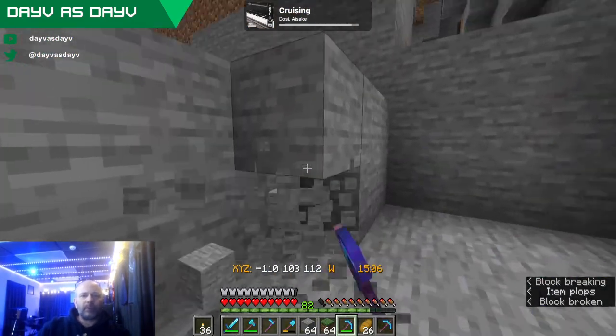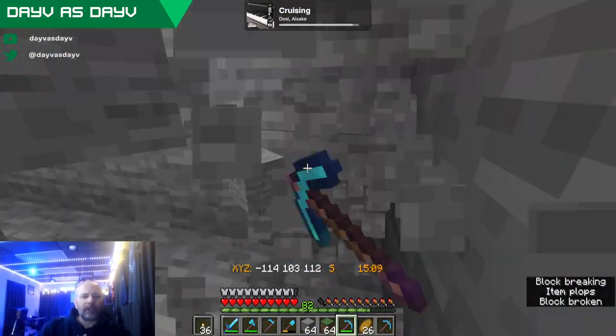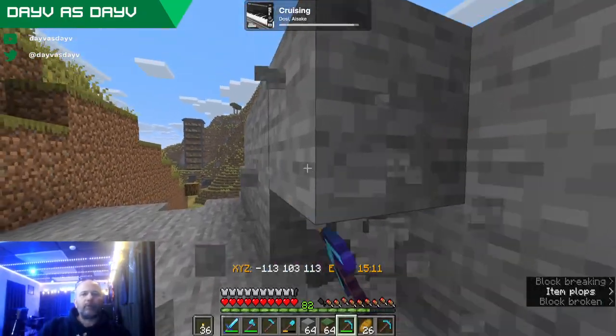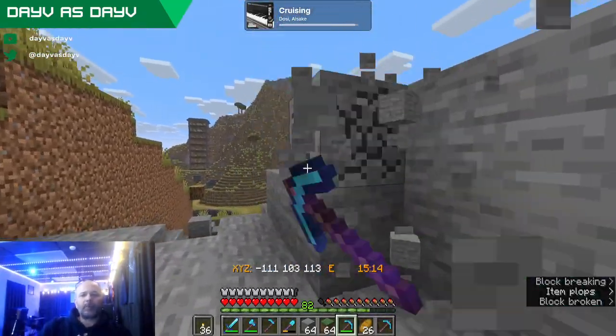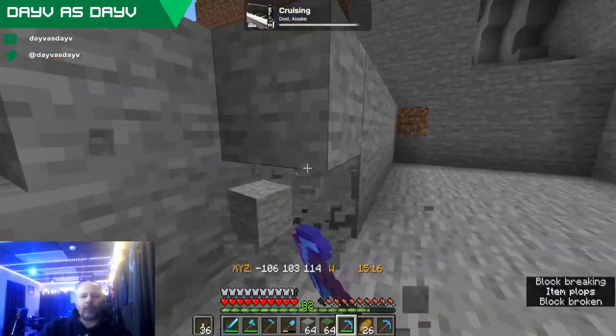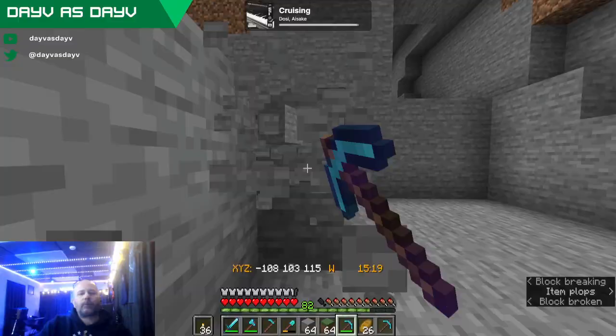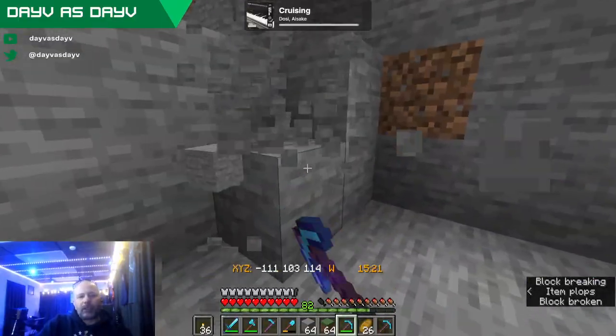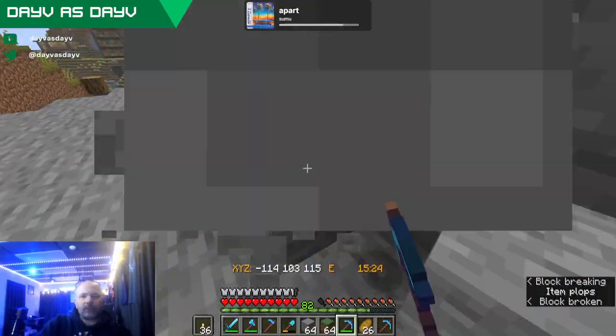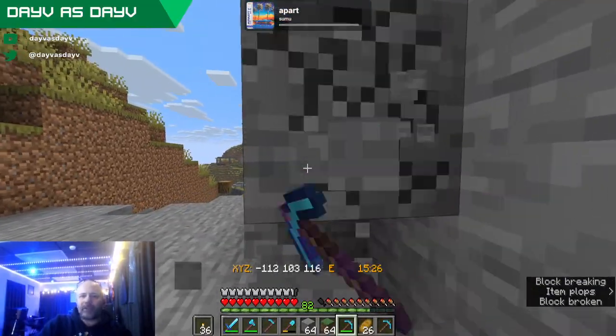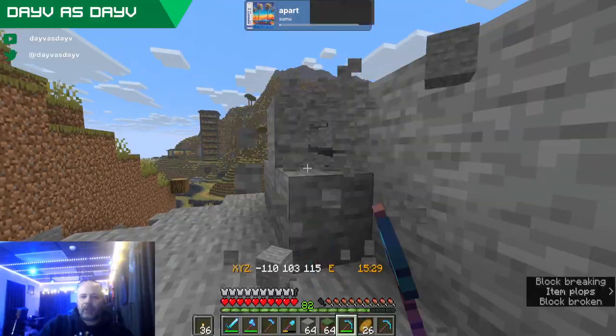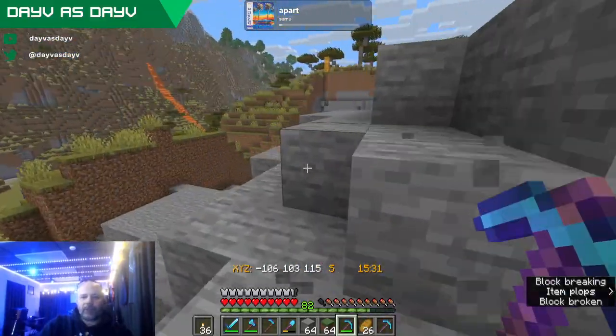Well, one thing we could do, because I know this isn't the most entertaining, just digging out stone, we could go ahead and gather up all the supplies for the farm and have them all ready to go over there. Throw down a few chests and get everything we need and see what else is needed for that. Because I think we've got this area figured out. We know what's going to happen here.